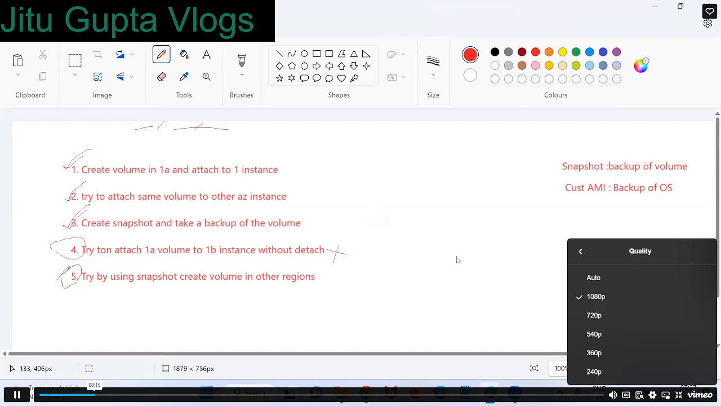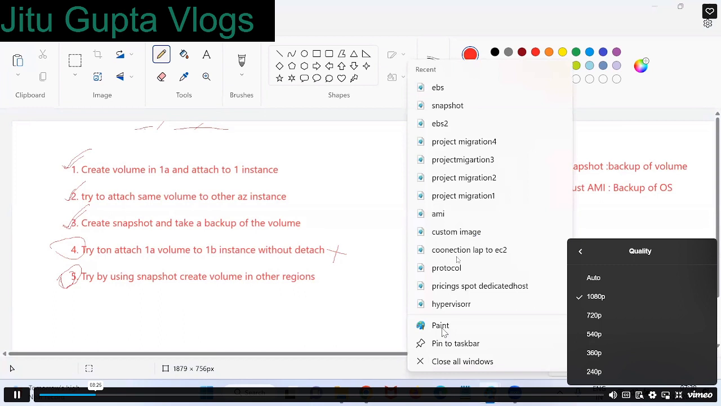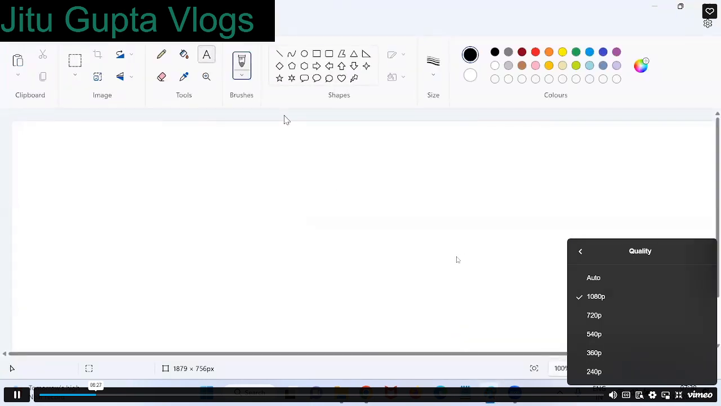So what about the 5th one? I haven't discussed it yet, right? Across region. We've discussed only availability zone level till now. Okay. So about across region,